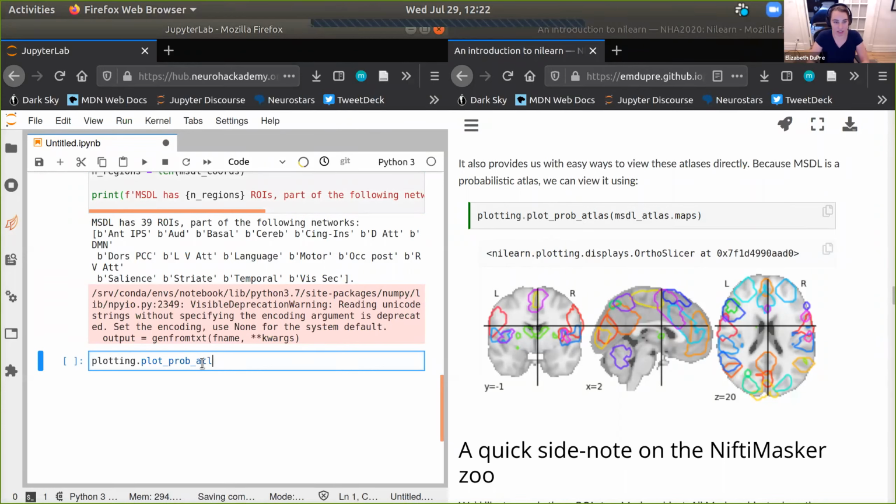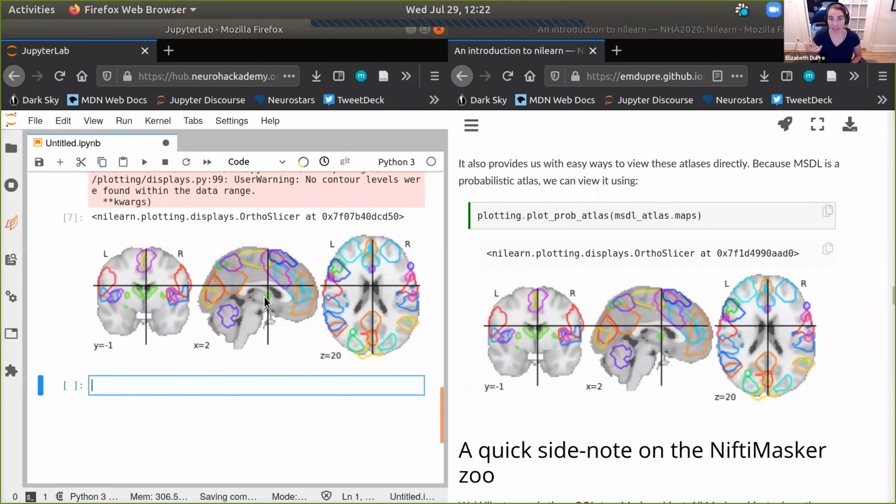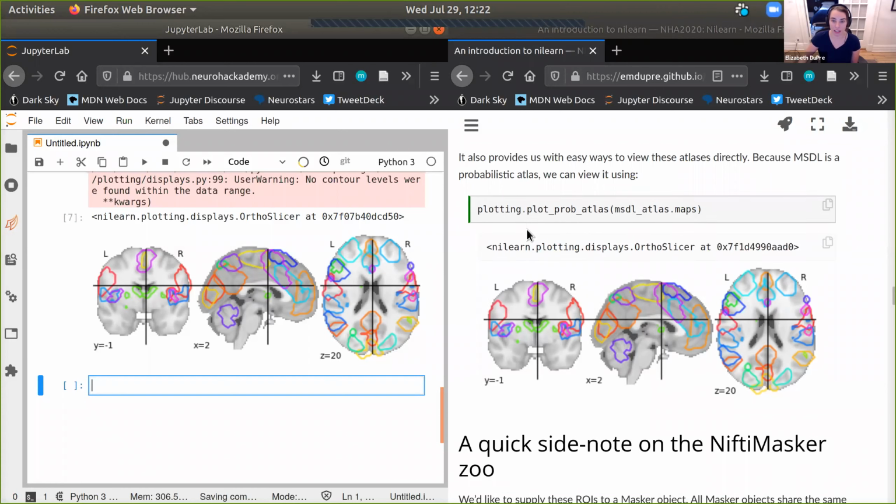And you should see something like this, right? This is the standard MNI152 brain overlaid with different colors marking the different regions of interest that are defined in this atlas. And again, you could do this for whatever your favorite atlas is, making sure that if it's probabilistic, you'd want to use the probabilistic plot.